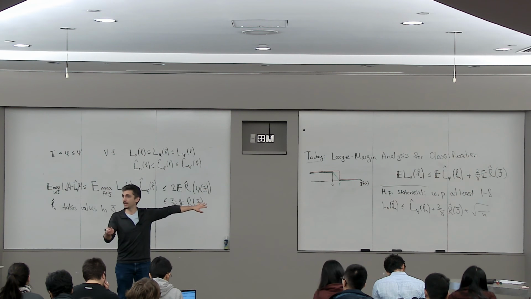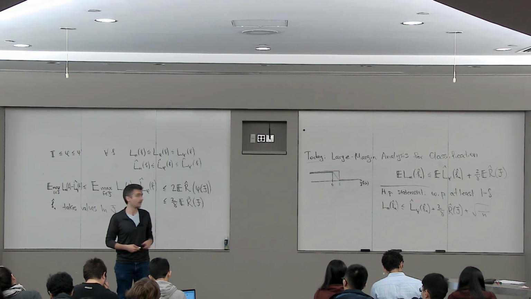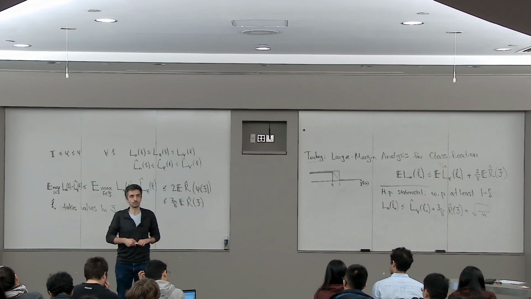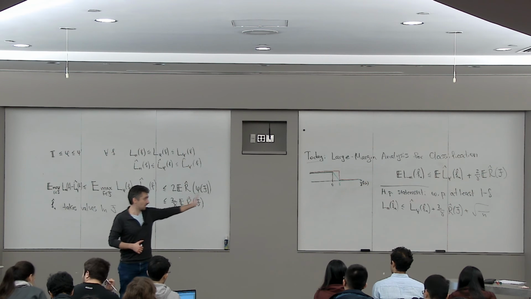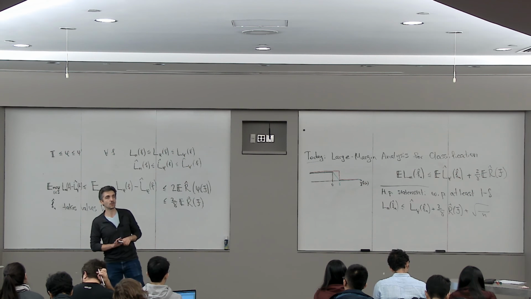And in fact, people have done this optimization. So if you look at the paper of Bartlett, Foster, and Telgarsky, for instance, just last year, about the complexity of neural networks and the margin analysis applied to neural networks, then they optimize over this gamma. Because the statement will work for any gamma. Other questions?